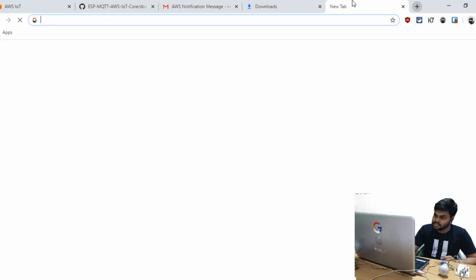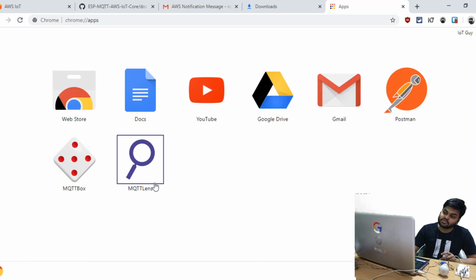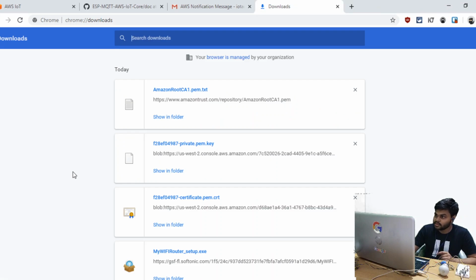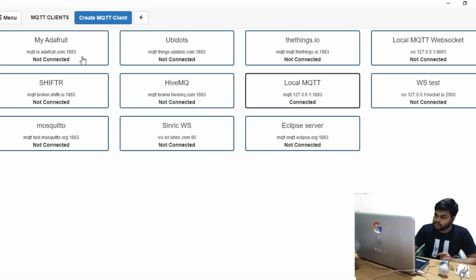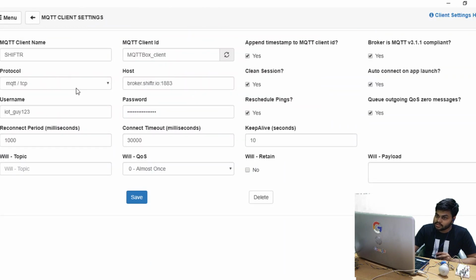You have already seen some clients in my previous IoT sessions. This is MQTT Box. We have MQTT Lens. This one is a very cool MQTT client, where you can visualize data, and get and send data via MQTT. We have the option to connect to any broker with MQTT over TLS, transport layer security, which is basically SSL.